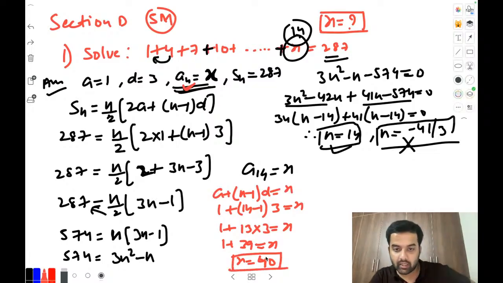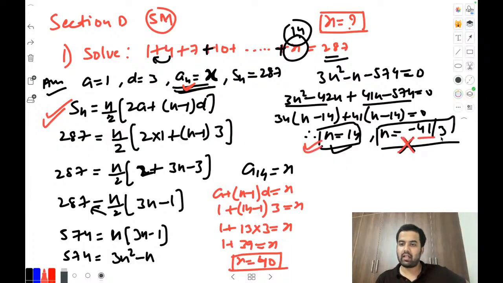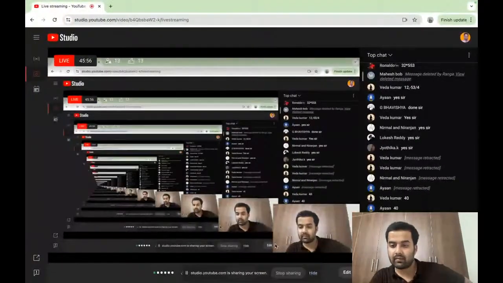Check this out. What we did. Understood this? First we applied the sum formula. From that sum formula we got the N value. Till here is okay, everyone? And we can't keep this one because it is a negative value, so we are not taking that one. We have to take the positive one. Now we have to figure out the value of X. N place we got as 14, which means at the 14th place only the X is there, which means we'll write this now, A14 as X. I kept the formula of A plus N minus 1 into D. I kept all the values here. We got X value as what? 40. Is it clear? Yeah, fine.